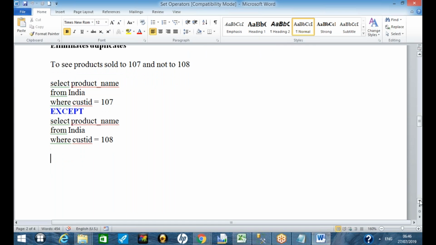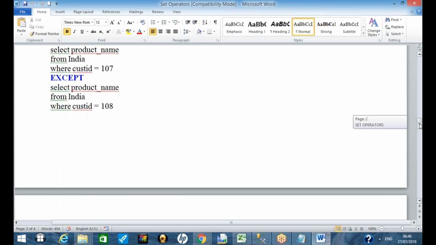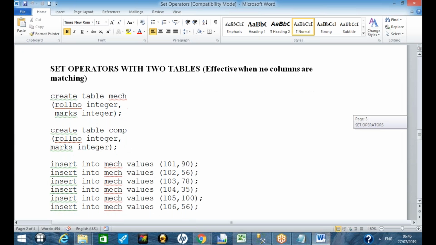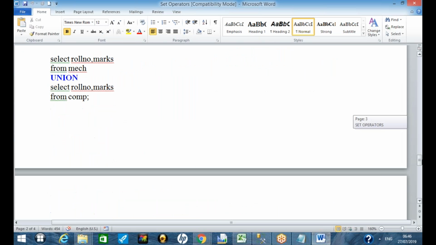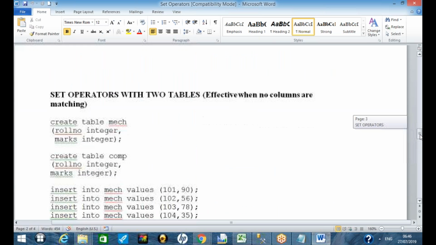Now, it is not necessary that at a time you can use only one set operator. You can use multiple set operators. For example,